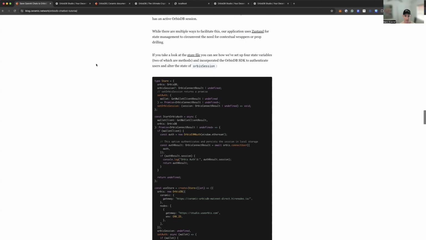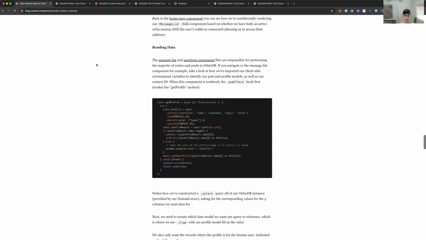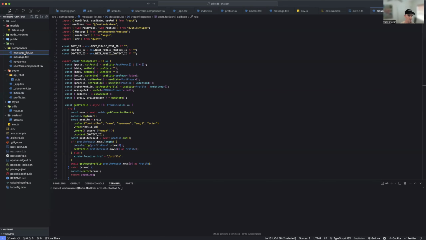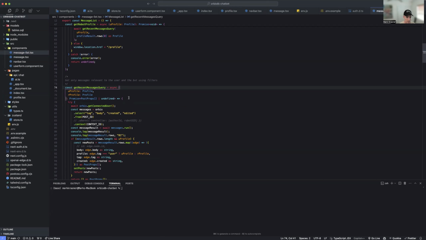I'll walk through reading data and writing data. For developers who have used SQL or Postgres or another relational database with an ORM like Prisma or Drizzle, this experience will feel pretty familiar. Also Supabase, it'll feel pretty familiar. So for example, in our message list component, when we're getting our messages,